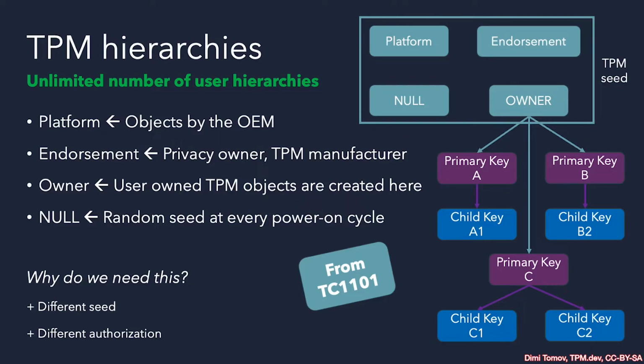Our TPM key hierarchy is established by creating a new primary key, and then we can generate as many child keys under that primary key, as shown on the picture here on the right. At the same time, the use cases surrounding machine identity require us to use the endorsement hierarchy. In this lecture, we will learn how and why the endorsement hierarchy is special, what its properties are, and how we can make use of it.